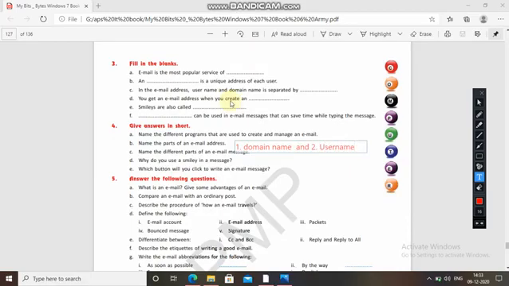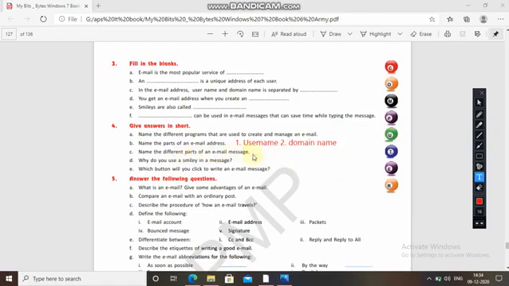These are the 2 parts. Wait, I am correcting it. Username, then second domain name. Clear? That is the answer of the second question.